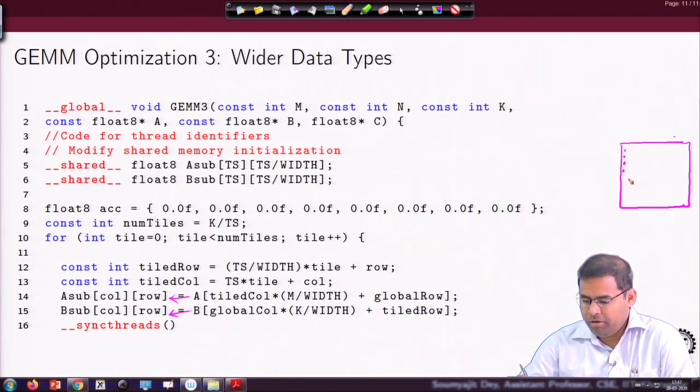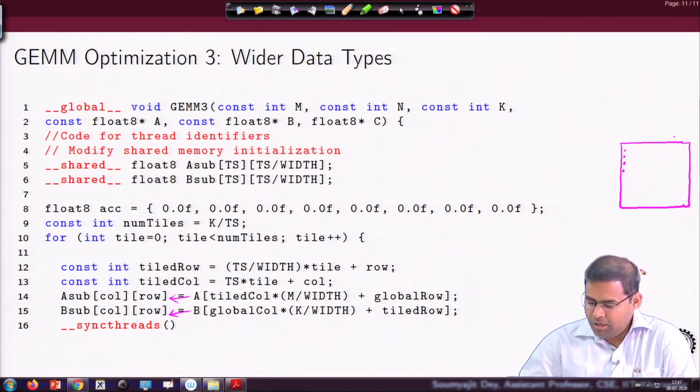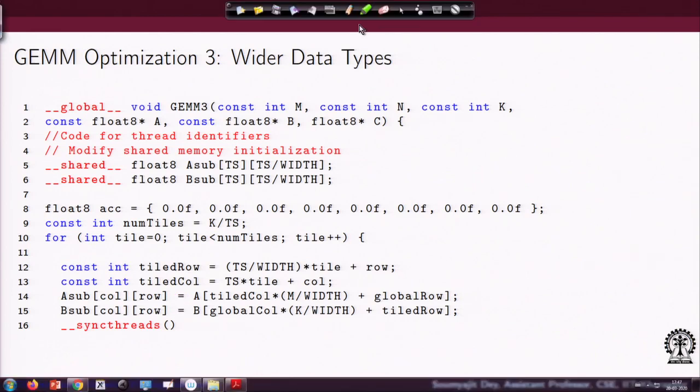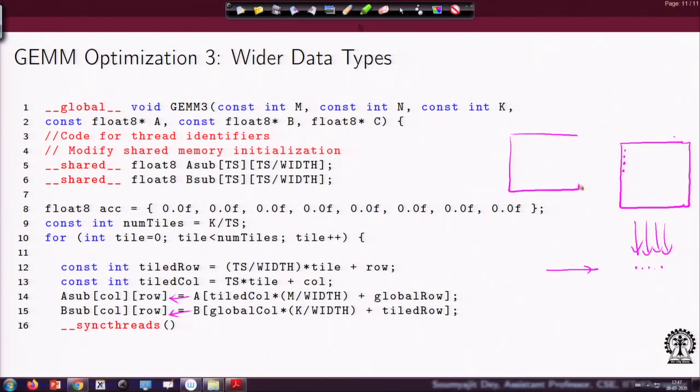If the mathematical arrangement of the data was like this, and like we discussed, you will have one row here to traverse and you have multiple columns to traverse. So, you multiply like this in the mathematical domain. But now, when you are trying to work it out for these many data points here, what do you really need in the input tiles, that are A sub and B sub? If you have to get this done, then you need data here like this and you need values like this,